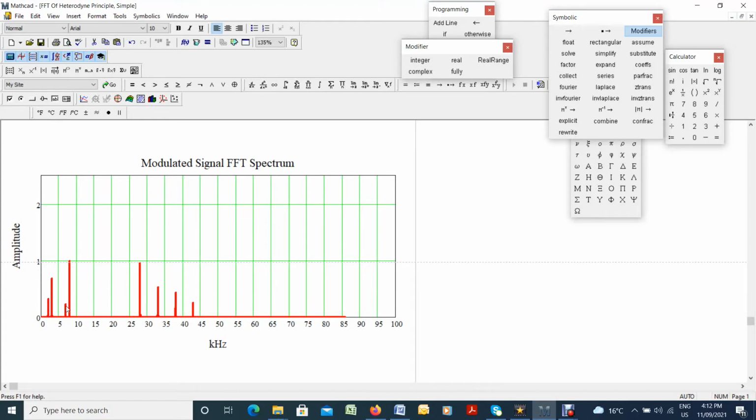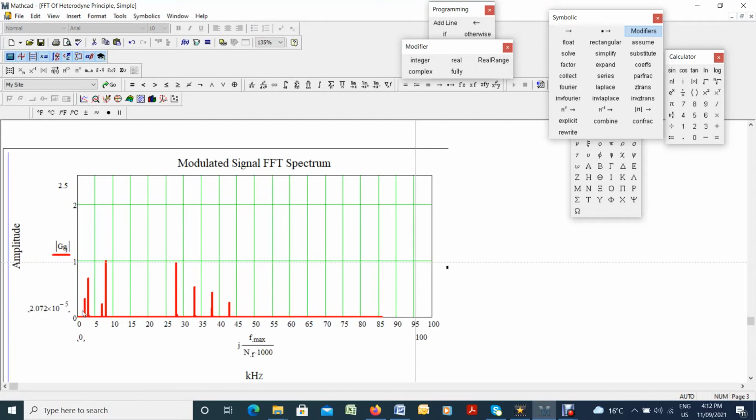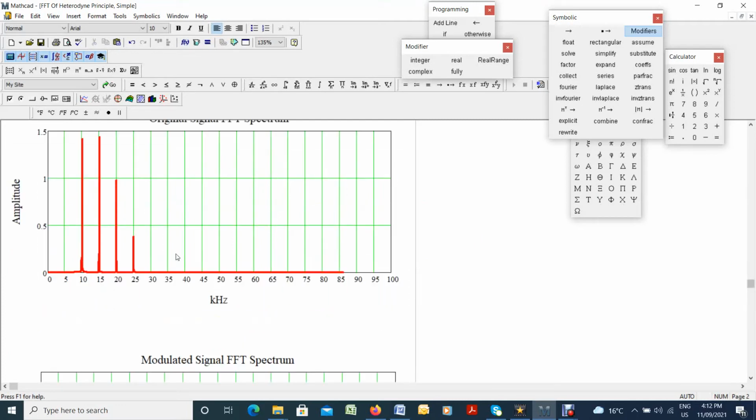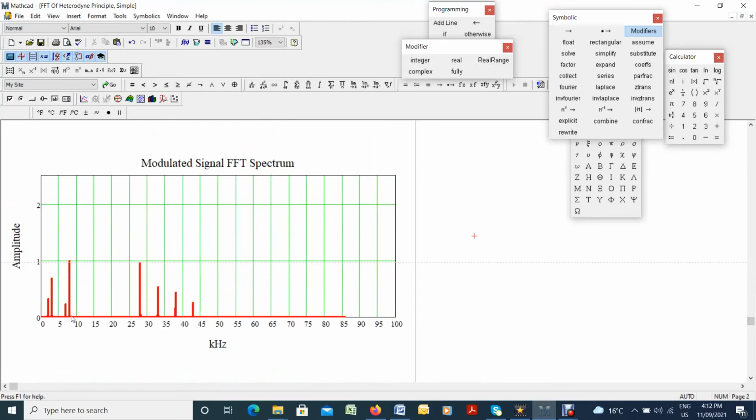These two spikes represent the frequencies that were higher than the modulator frequency, which is set somewhere in here, and they are translated downwards by a difference of 18 kilohertz,